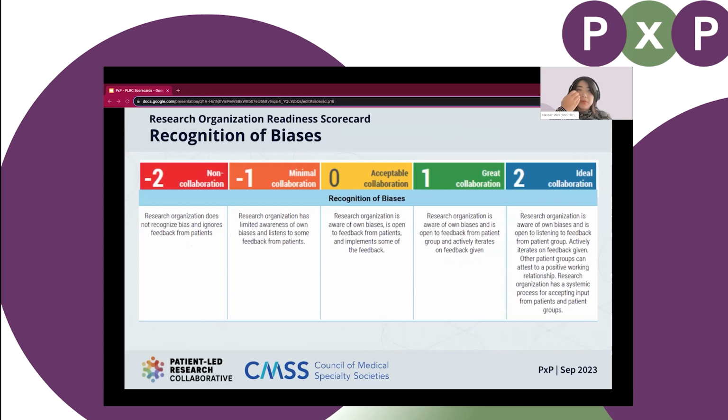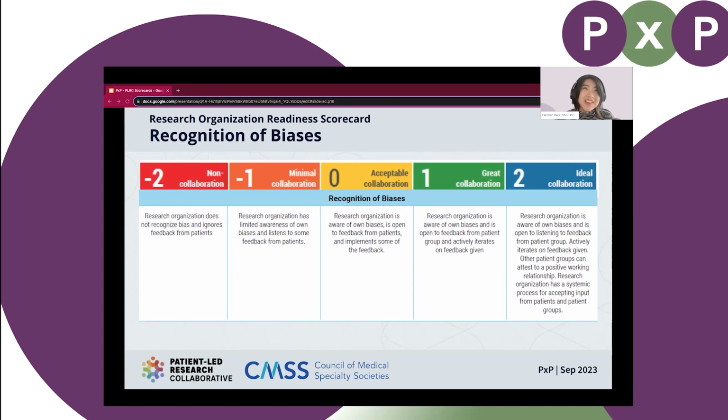So digging into some of the, we call these the sub scores, the recognition of biases, right? This one is about resources that are available to listen to feedback from the patient group, and actively iterate on the feedback that's given. The research organizations that have a systemic process for accepting input from patient groups are the ones that we find to be more successful in the long term with these